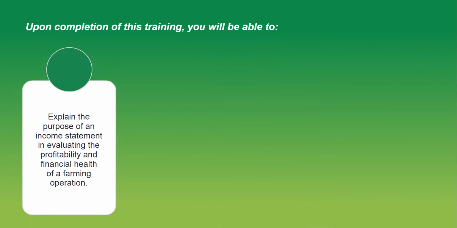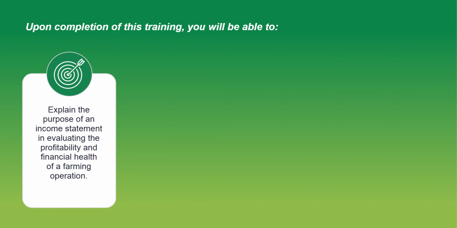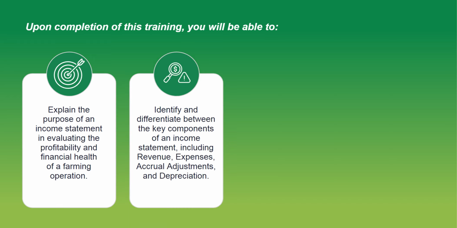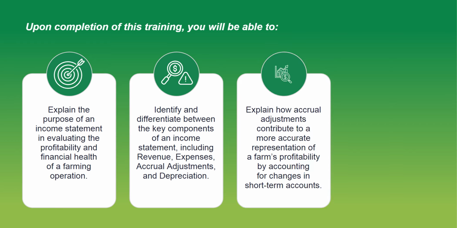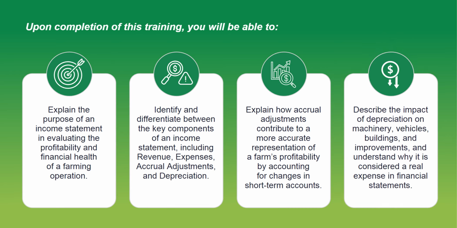Upon completion of this training, you will be able to explain the purpose of an income statement in evaluating the profitability and financial health of a farming operation. Identify and differentiate between the key components of an income statement, including revenue, expenses, accrual adjustments, and depreciation. Explain how accrual adjustments contribute to a more accurate representation of a farm's profitability by accounting for changes in short-term accounts. Describe the impact of depreciation on machinery, vehicles, buildings, and improvements, and understand why it is considered a real